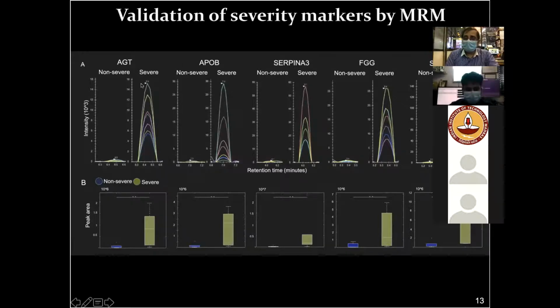What I show you here is the non-severe and severe comparison, which is mild and severe comparison. After doing the entire complex proteome analysis, we figured out a few proteins and their peptides, like angiotensinogen, apolipoprotein B, serpin, fibrinogen gamma chain, many of them showed a very huge difference between the non-severe and severe groups of patients. Let me hand over to Deep again to show you some live data on this analysis of the severity progression, because some of you have asked curious questions based on that.